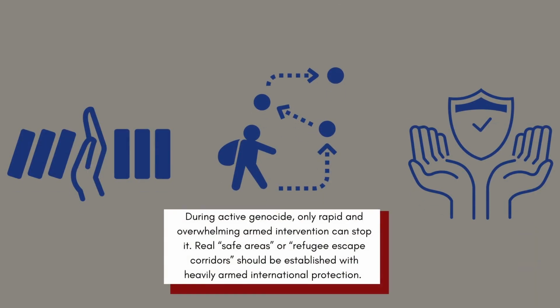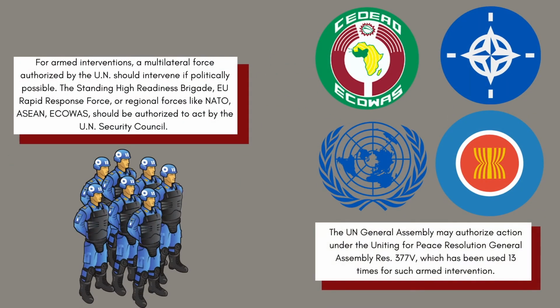During active genocide, only rapid and overwhelming armed intervention can stop it. Real safe areas or refugee escape corridors should be established with heavily armed international protection. For armed interventions, a multilateral force authorized by the UN should intervene if politically possible. The Standing High Readiness Brigade, EU Rapid Response Force, or regional forces like NATO, ASEAN, ECOWAS should be authorized by